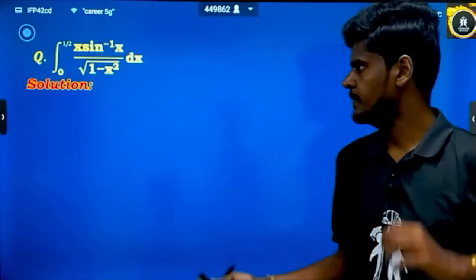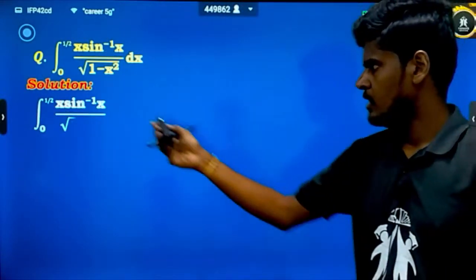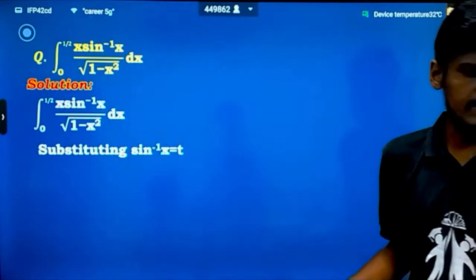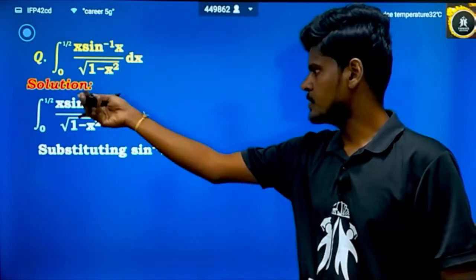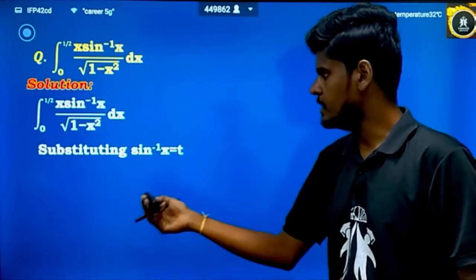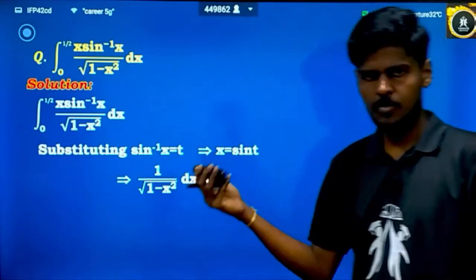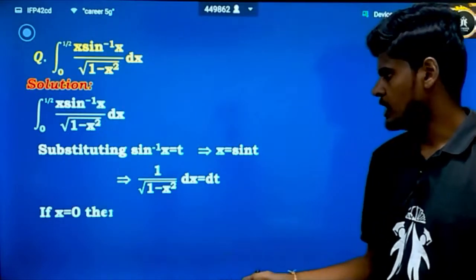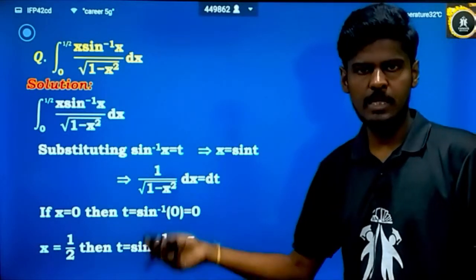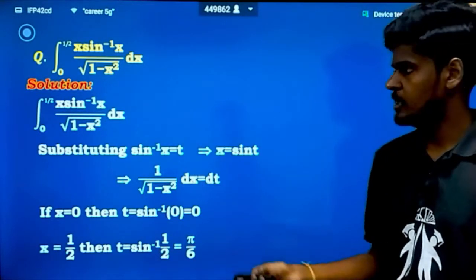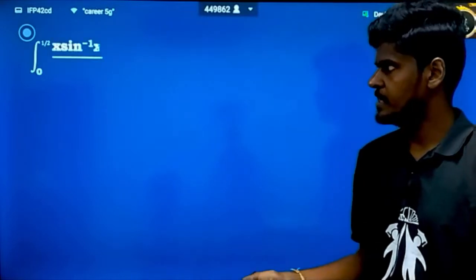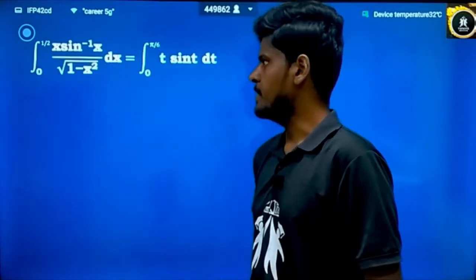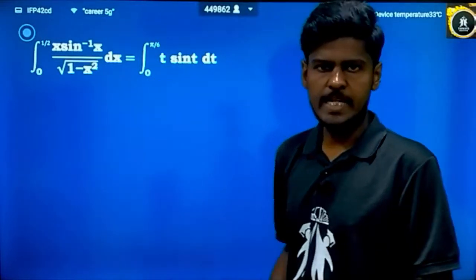Now we will see the solution. Integral from 0 to 1 by 2 of x sin inverse x by square root of 1 minus x square dx. We will substitute sin inverse x equal to t and then proceed normally. We already know how to integrate. Then this portion will become dt. So that means we will change the limit values, upper and lower limit, into the new variable. Then this 0 to 1 by 2 becomes 0 to pi by 6 and t sin t